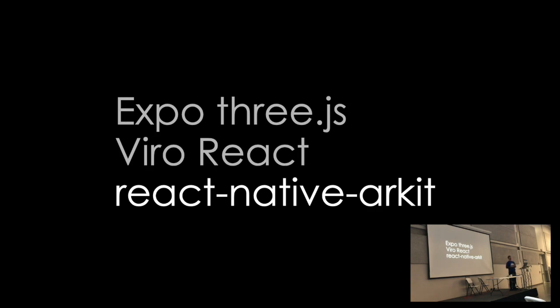There's a company called Expo that has an API for React Native that's built on top of three.js, which is kind of interesting. That's open source. There's a company called Viro, which has made a React Native subsystem that's also pretty useful. It is not open source. They're currently distributing it for free, but it is closed source. It's their IP. And third, and this is the one I really latched onto, is this thing called react-native-arkit, which was an Objective-C written extension library for React Native